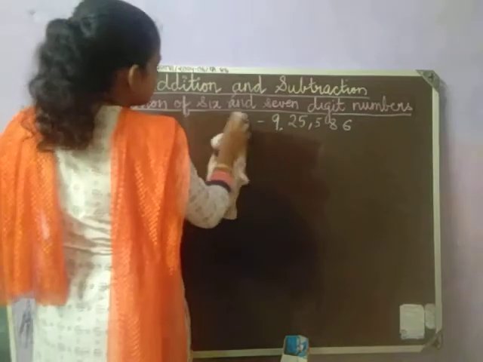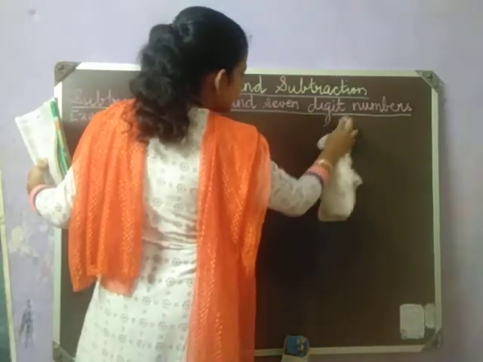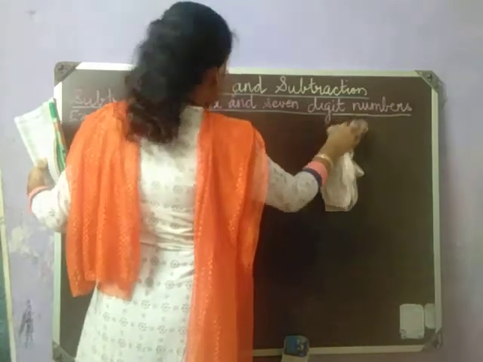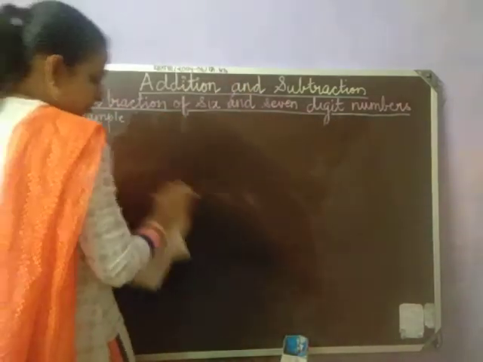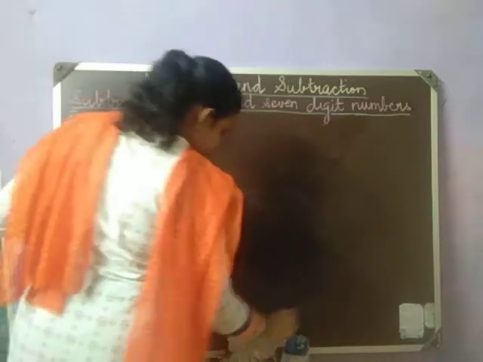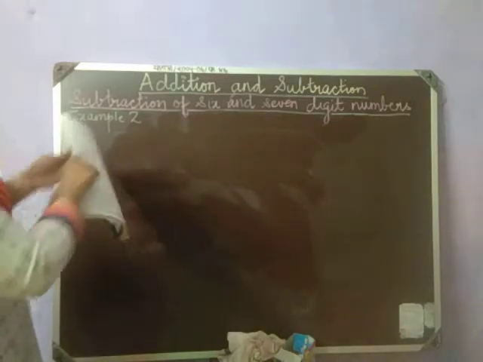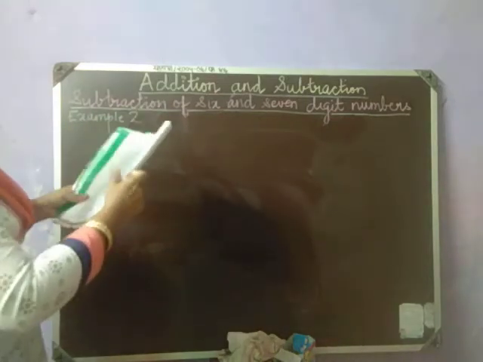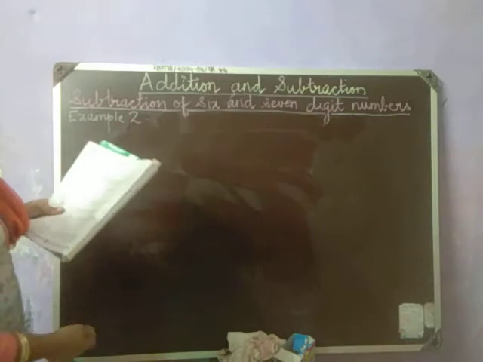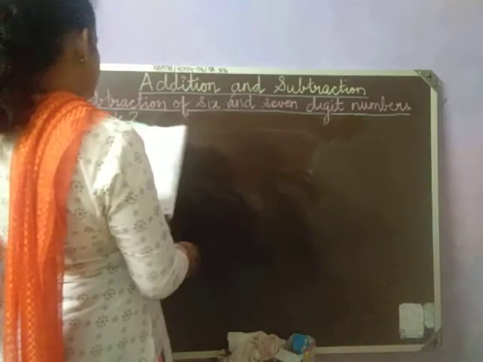Addition and subtraction you have already learned in the previous classes, so this should not be very difficult for you to understand. So let us go for the next example, example number 2. Here I will take both as 7-digit numbers only. So example number 2 is